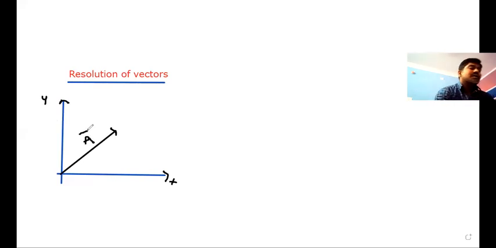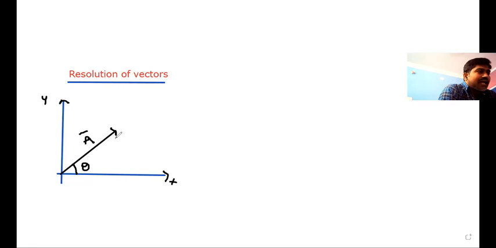To calculate the different components, you should know what angle this particular vector is making with the x-axis or y-axis. Generally, in the basic concept, we take the angle made with the x-axis only. Let me consider that is theta. The information given is that 2 axes were taken, x-axis and y-axis, and one vector a bar is taken in some particular direction in the xy plane, and this vector makes an angle theta with the x-axis.